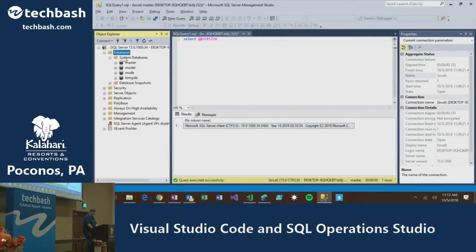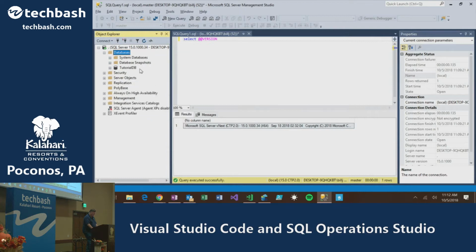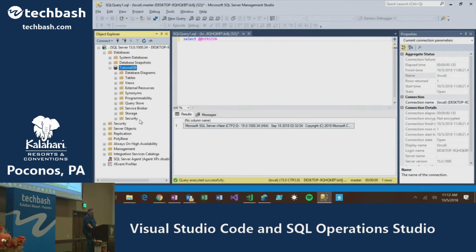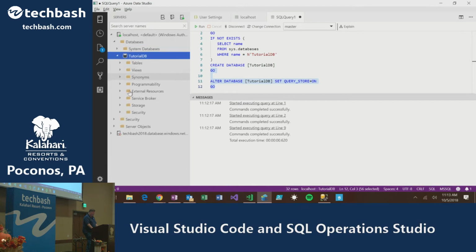I would have to refresh again, and I would see the database here, and then under the database, these are all the things I can do in SQL Management Studio. In Azure Data Studio, I have a similar set of folders, but it doesn't have quite as many capabilities.